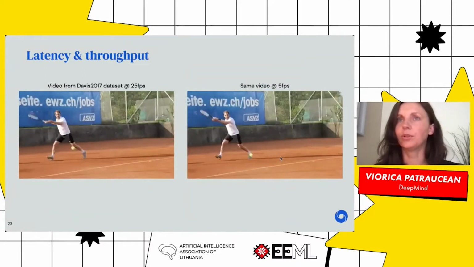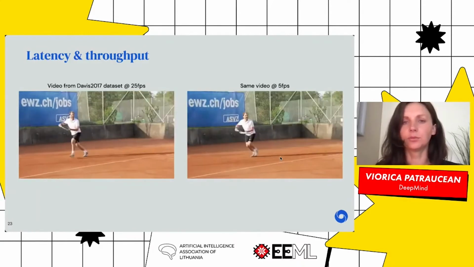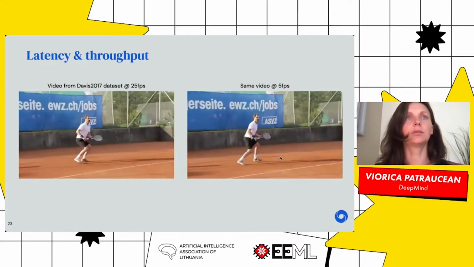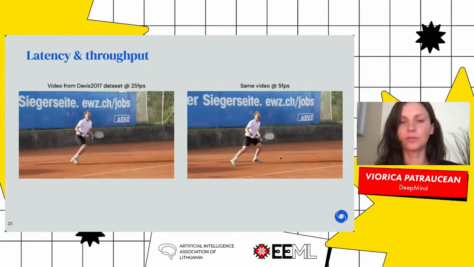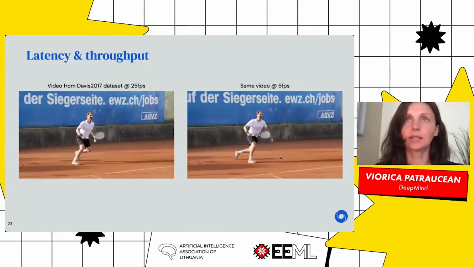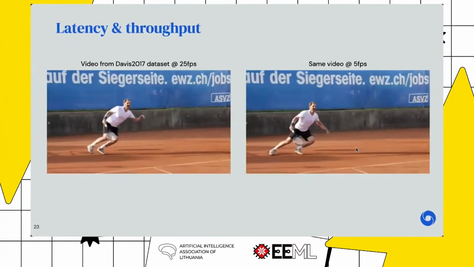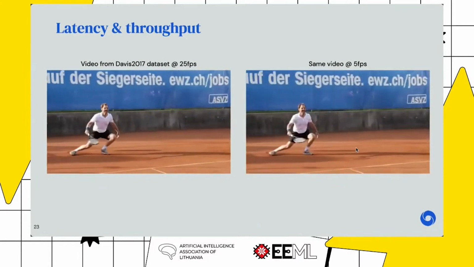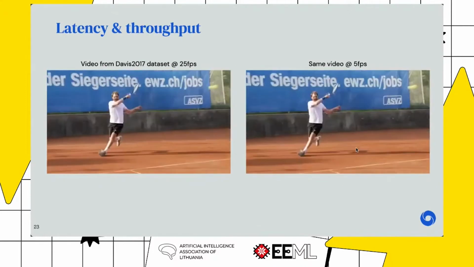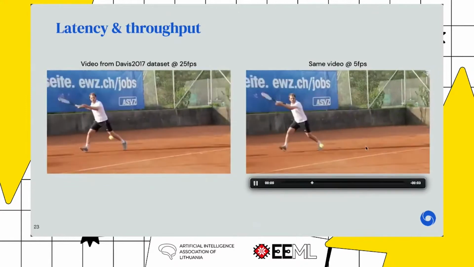I hope you can see this on your display, to understand a bit why latency and throughput can be problematic for applications. Here on the left, I'm showing a video at normal frame rate, 25 frames per second, and on the right, I'm showing the same video at 5 frames per second, which would be about the frame rate at which our detectors, our models, can run now. So I can tell you that on the right, you see the tennis ball in only 1 frame. I don't think you can actually play tennis if you were to see the ball in only 1 or 2 frames.